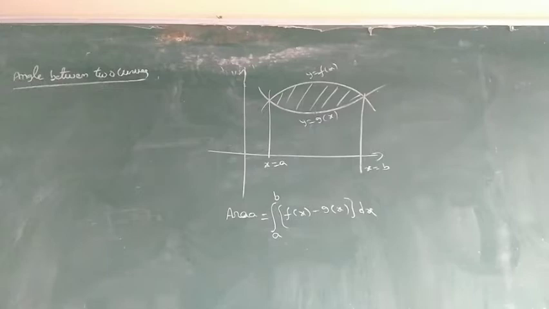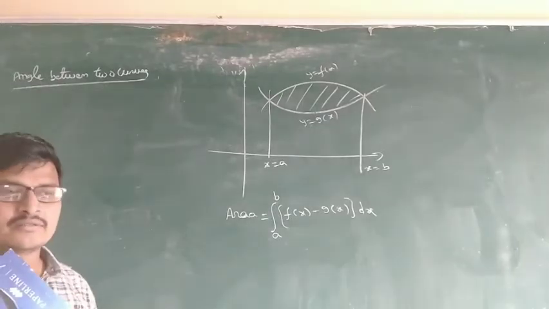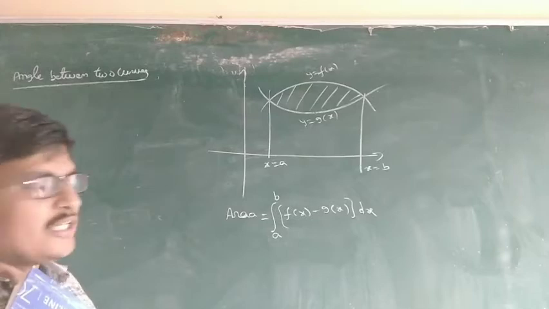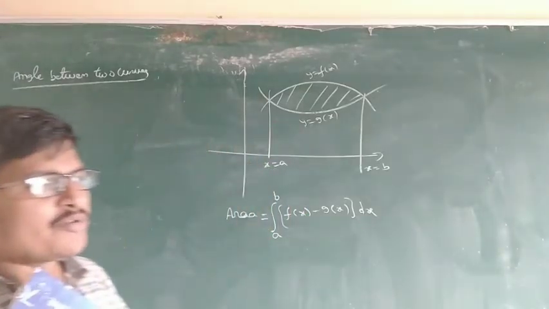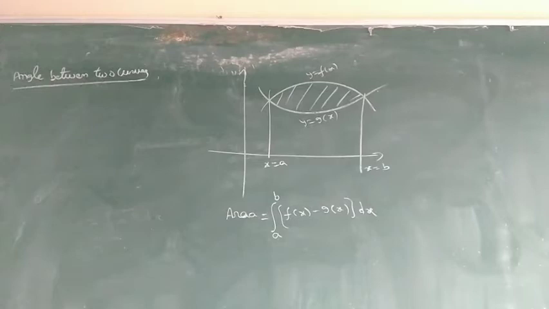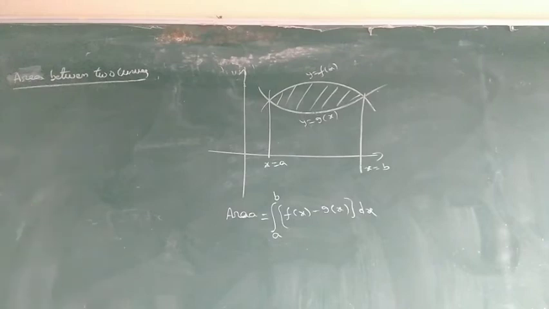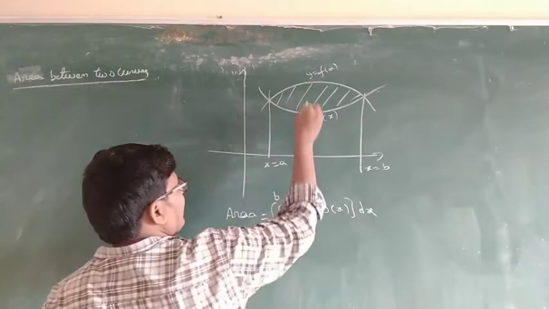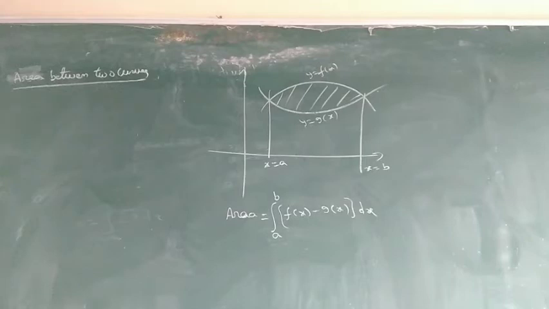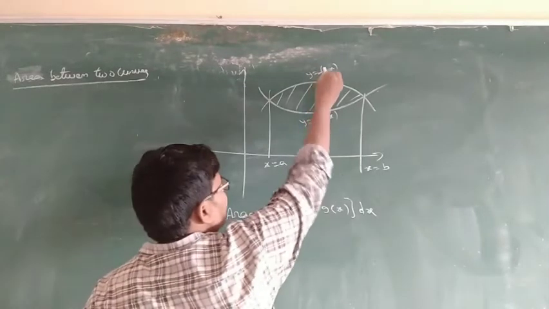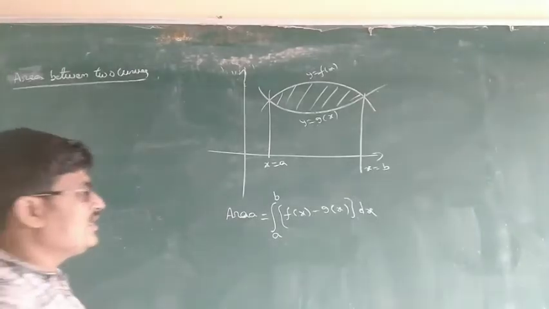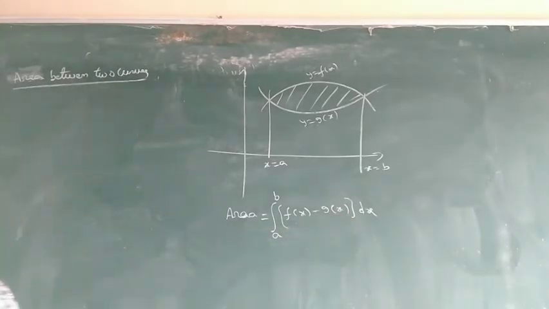In the first exercise, up to 7 problems and problems 11 to 14, these are all simple curves, only one curve. So here there are two curves, area between the two curves. Area between two curves means the diagram is like this. The upper curve is f of x, minus the lower curve g of x, f of x minus g of x. Okay, now area.